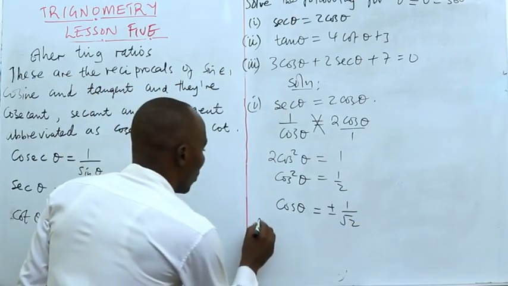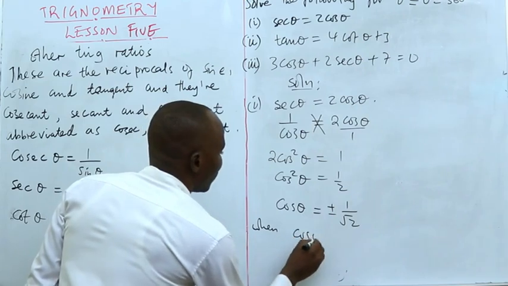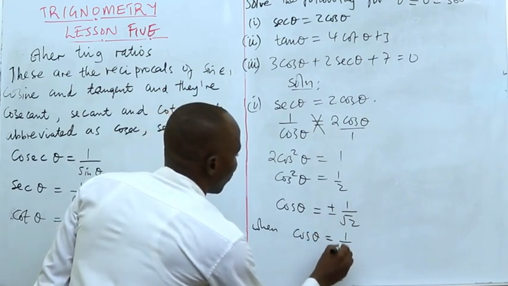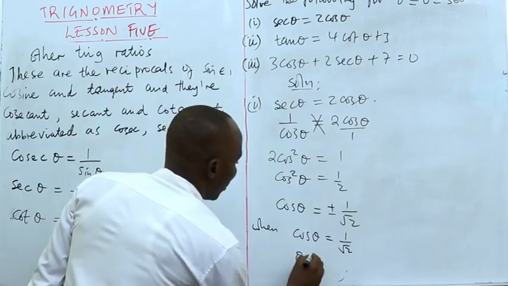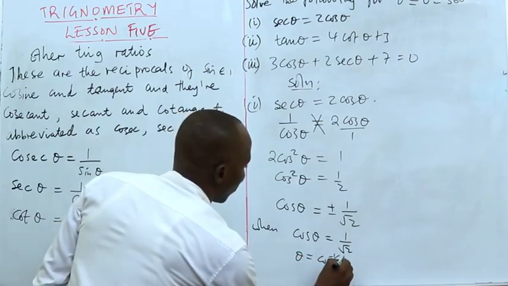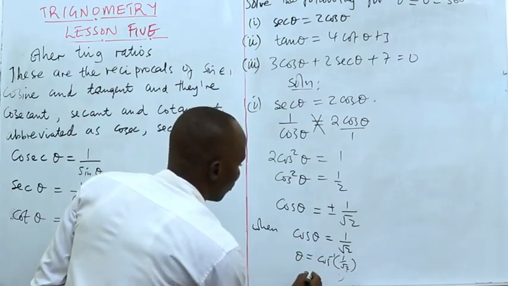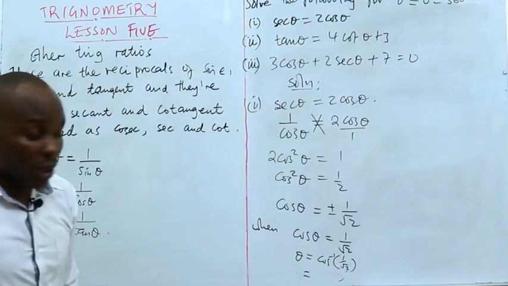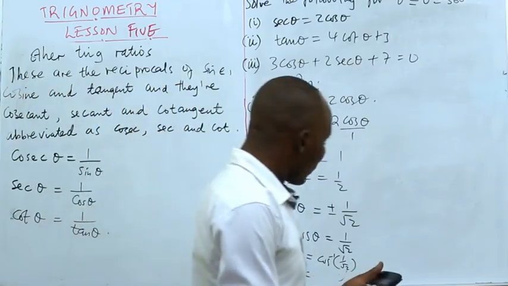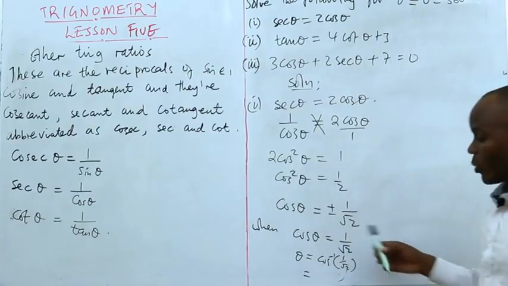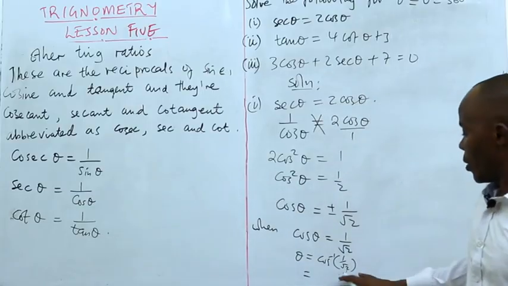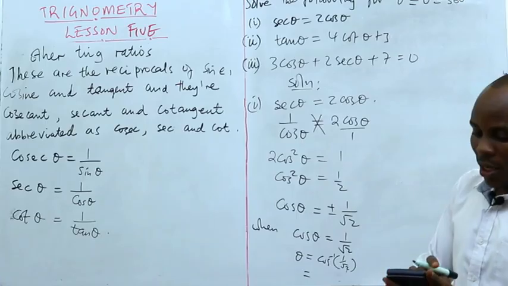So, when cos theta is equal to 1 over root 2, theta is the cos arc of 1 over root 2, which is, you get your calculator. Remember here, this one, the first one is positive. So, when you press the calculator, you have